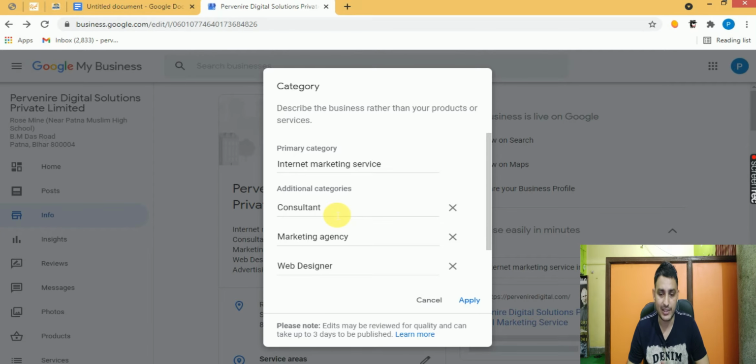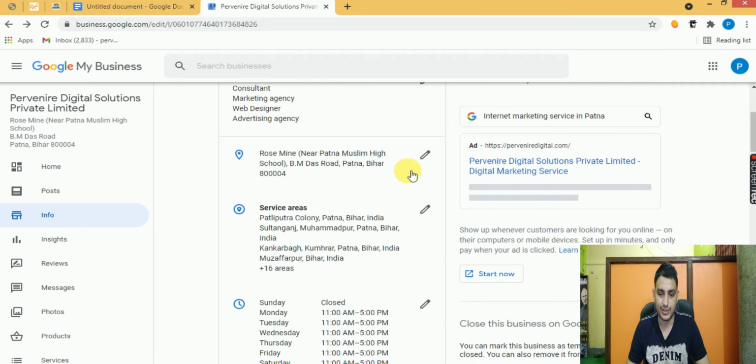So moving next, this is the address. You can write your address. If your business is inside another building, then you can write that building name also, because it is going to give a strong signal to Google that this business is located inside this building. Service area: most people deliver their products or services to other cities, so you can mention those service areas here, and we will talk later about how we can optimize this service area.